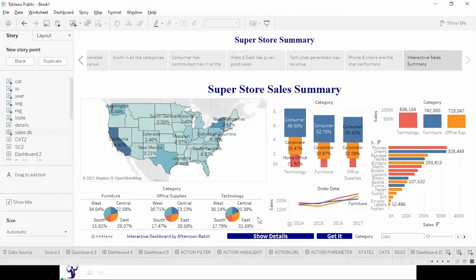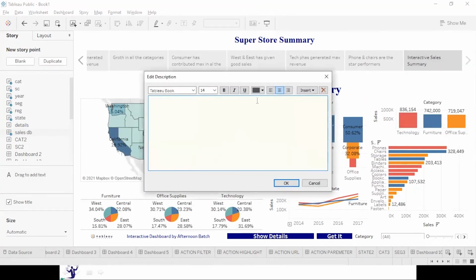Here it goes. Then if you wanted to type something over here, like some text, you can say by noon batch.